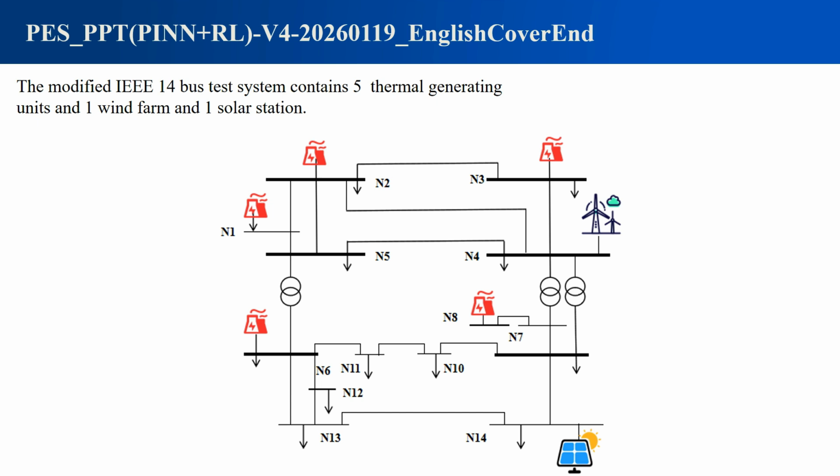The experiment uses a modified IEEE 14-bus system. The network diagram contains 14 buses, 5 thermal generating units, 1 wind farm, and 1 solar station. The red generator symbols show thermal units distributed at different electrical locations. The wind resource is connected near the upper right part of the network, and the solar station appears near bus 14. This placement matters because renewable variability does not affect only total energy balance, it also changes power flows through